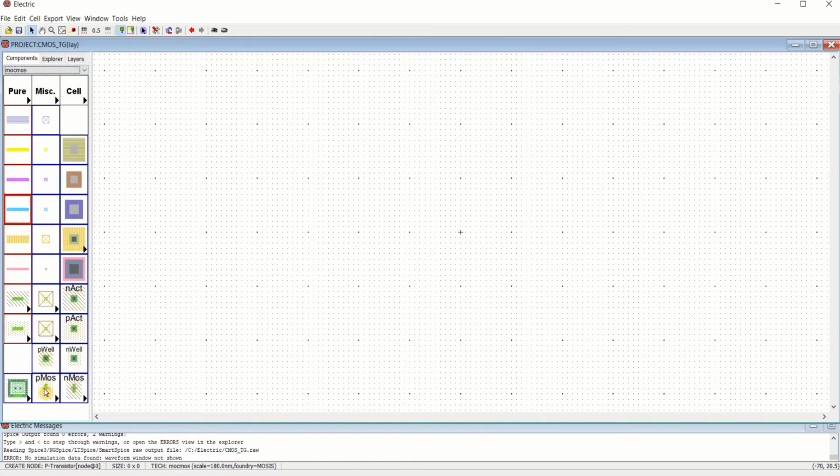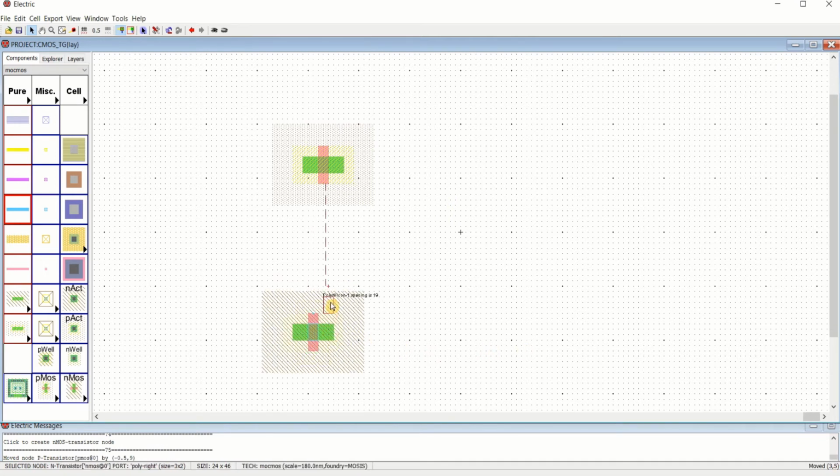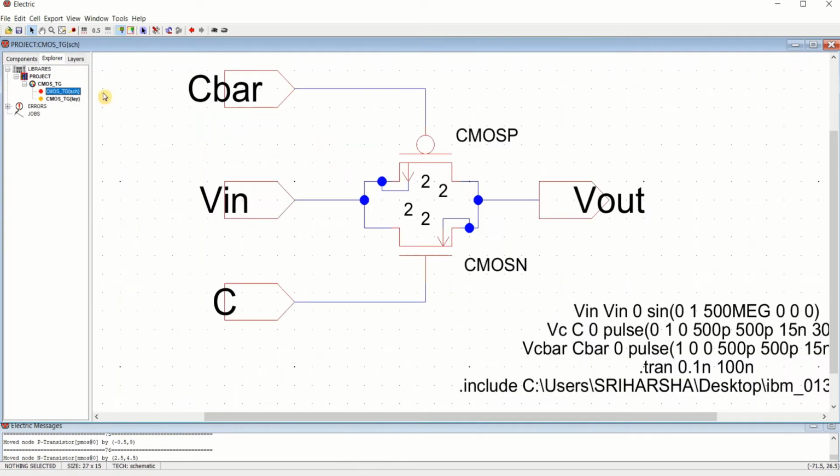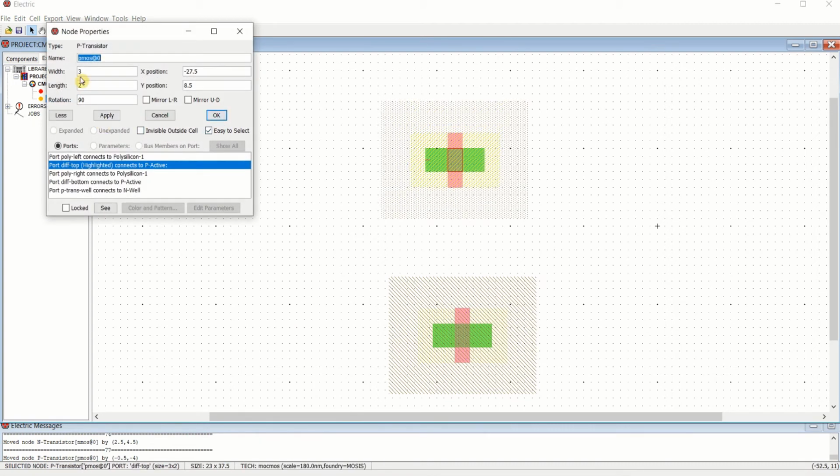Now you need to place PMOS and an NMOS. Use Ctrl J for rotation. This also Ctrl J for rotation. If you observe, I have used the default length of 2, but in layout it is not possible because the minimum feature size given is 3 and 2.